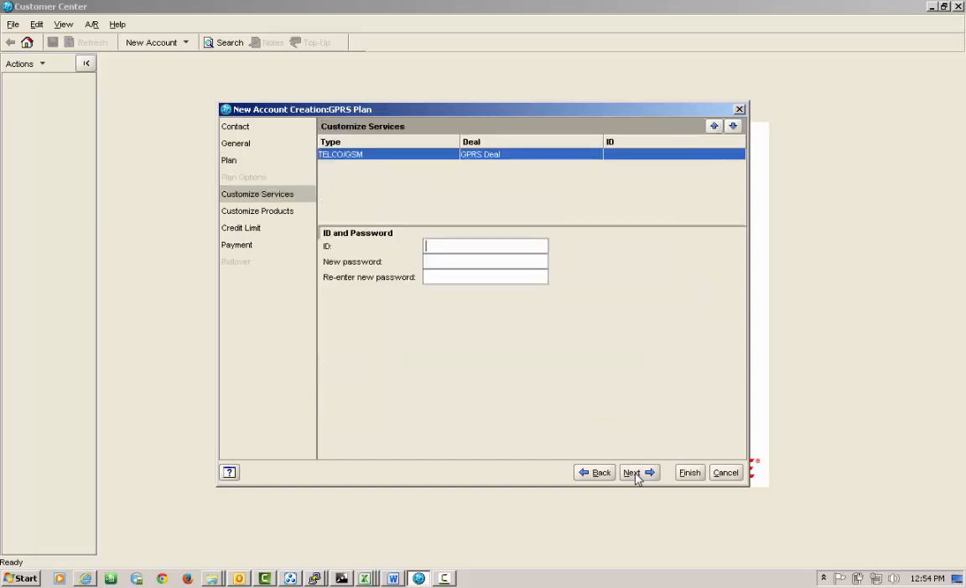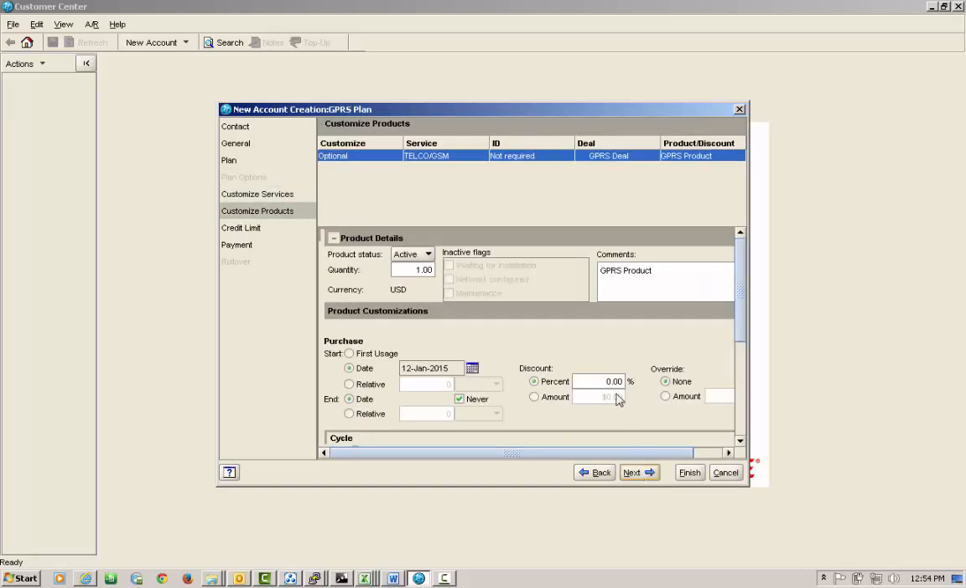Once I click on the next button, here I need to give the unique ID through which the customer will be identified. It can be the telephone number of the customer. So I'm using the same for creation of a password, same password. So this way I can click on next here, and then here it gives me the option to override the